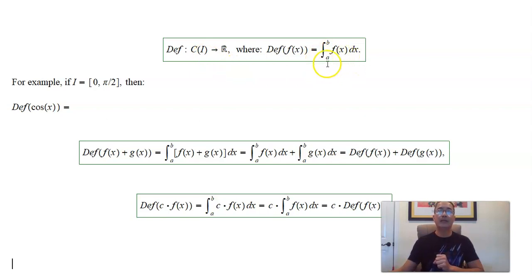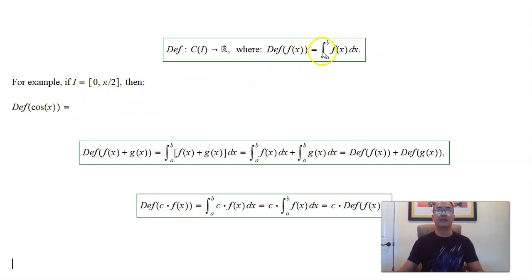Okay, then we can take its definite integral from a to b of f of x dx. So calculus tells us that that integral, which is a number, actually exists. So we can think of def for definite integral as a linear transformation from C[a,b] to R. Okay, so for example, if our interval were from 0 to pi over 2, what would be the def